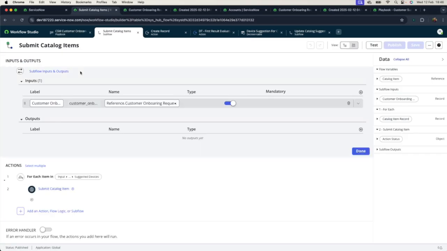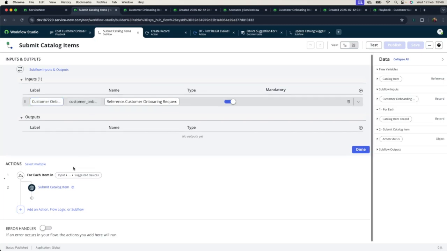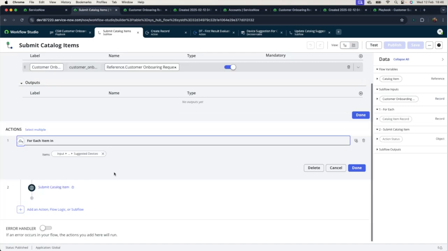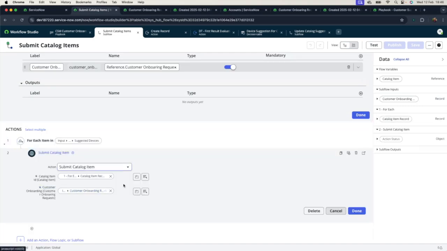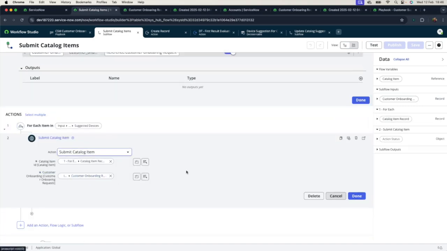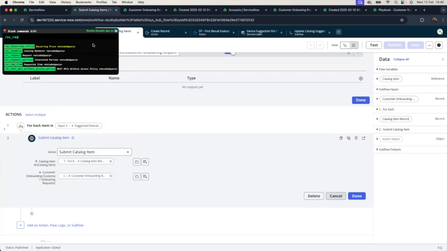What it does is it accepts the suggestions, the customer onboarding request itself, and reads the suggestions. I put a for each. For each suggested device, I'm going to submit the catalog item. That's all. Now you can see here, if I go to the request item table,